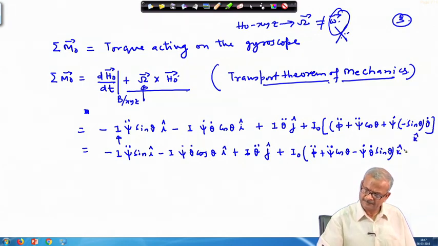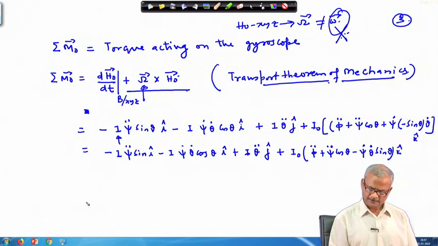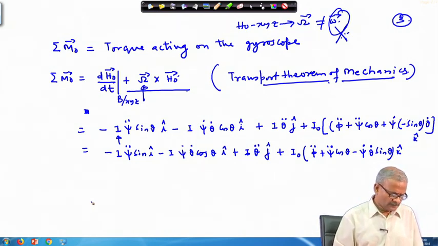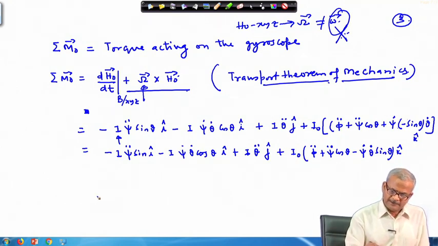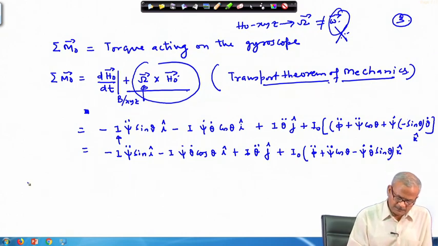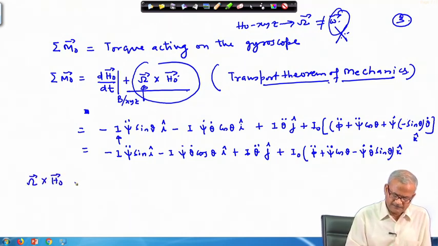So, a small k cap. Okay. Thereafter, we are left with this term. So, psi tilde times h 0 cross. So, this will be given by,